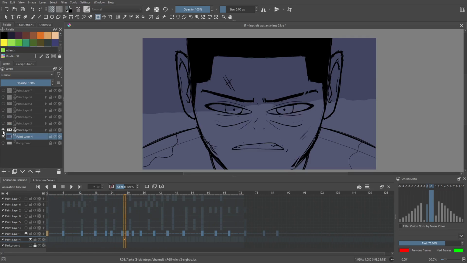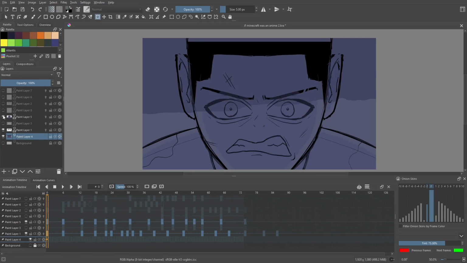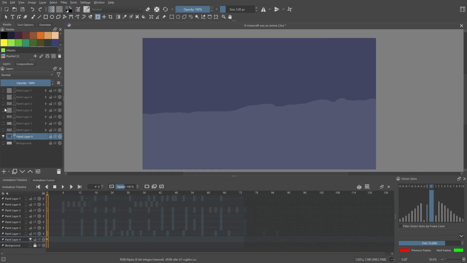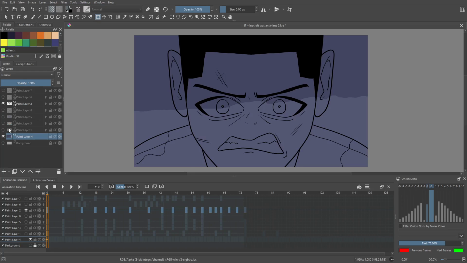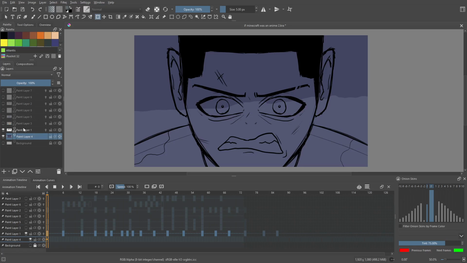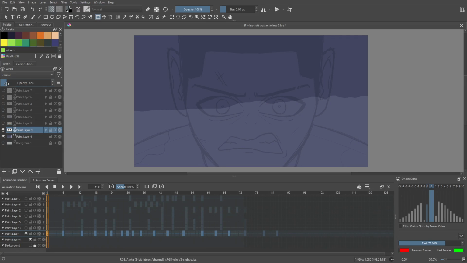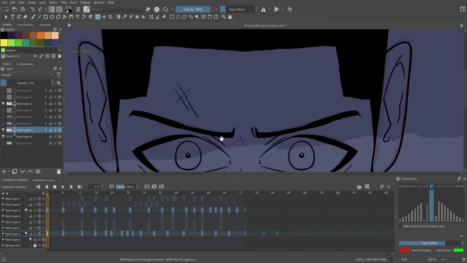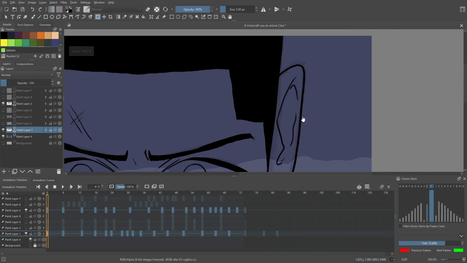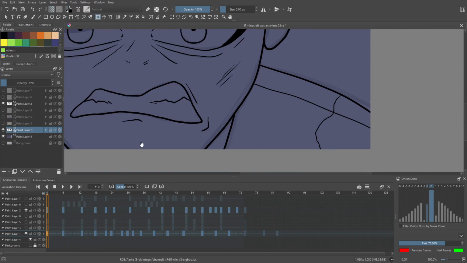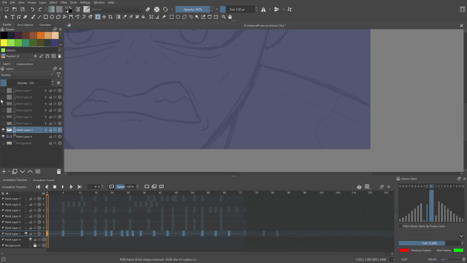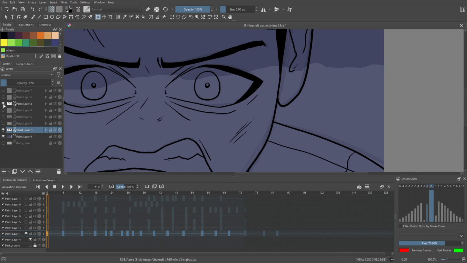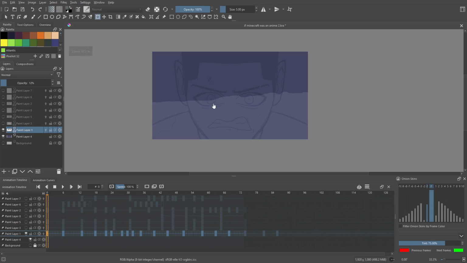Listen, so after that, wait, let me hide everything. After that, we do the line art. On top of the sketch, you bring the opacity of the sketch down a bunch like this. And then I go ahead and do the line art over top of it. Essentially, these are the super clean lines that you draw. It takes a little bit of time, but you just recreate the sketch with super clean lines. So that's all that I've done here.